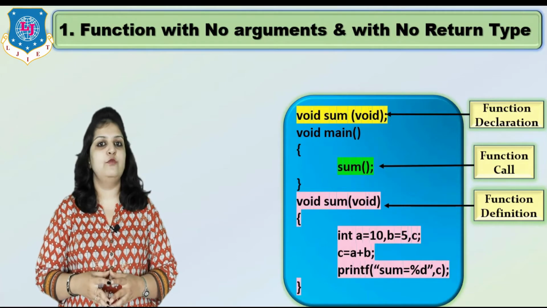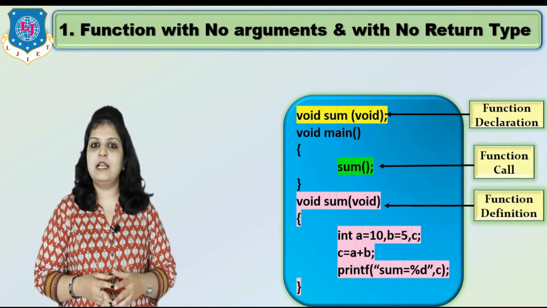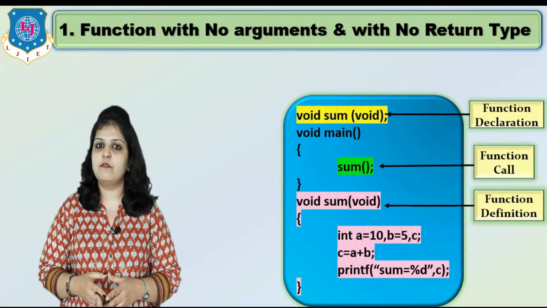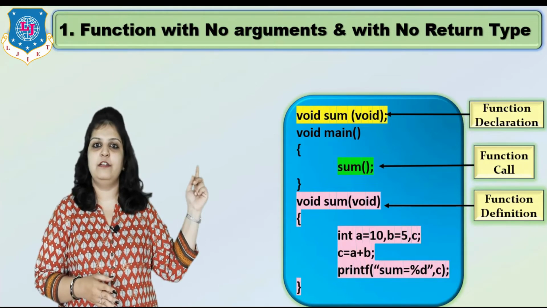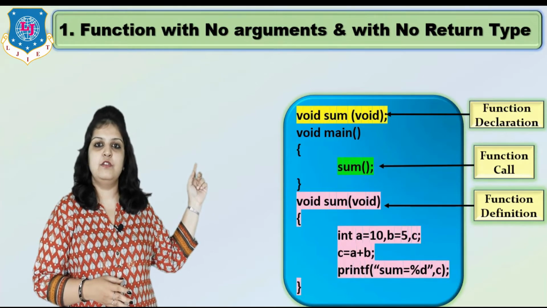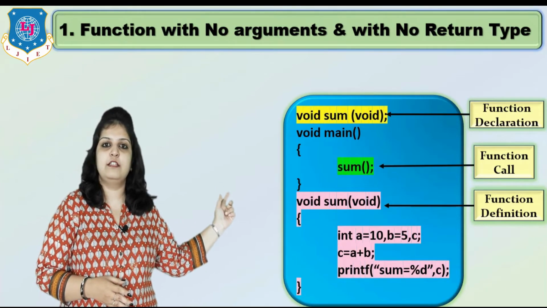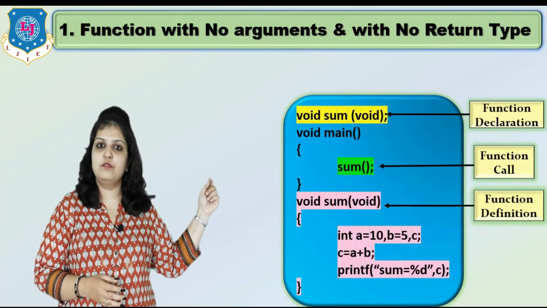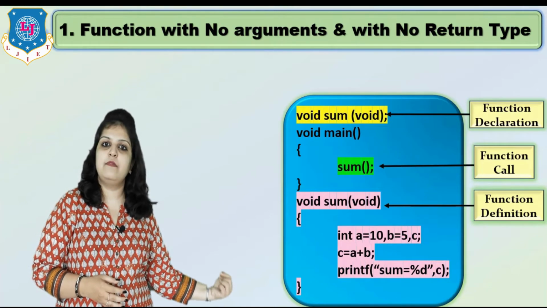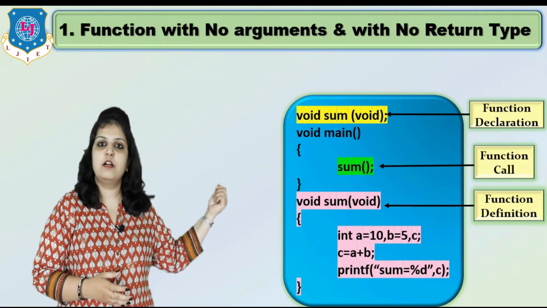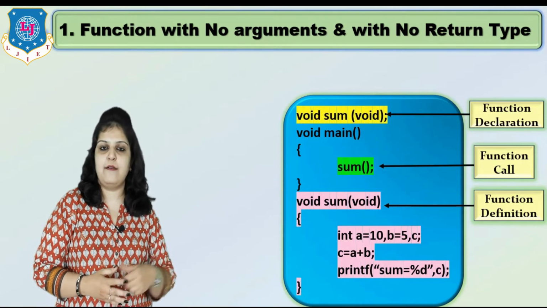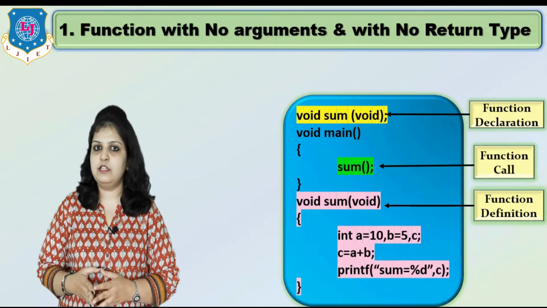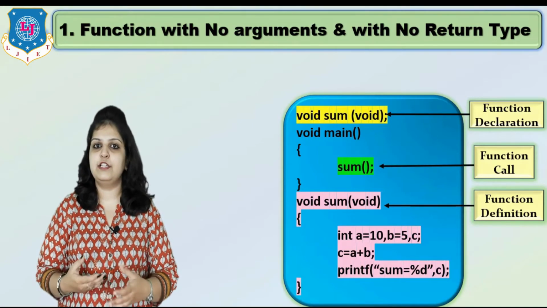Now how it will execute? So our actual execution always done of only one function, that is main function. So starting the execution in curly bracket we have write sum. So when this function call, our control goes to the directly on the definition of sum. So our control goes to the our function definition, and in this definition we have calculated addition of 2 numbers.